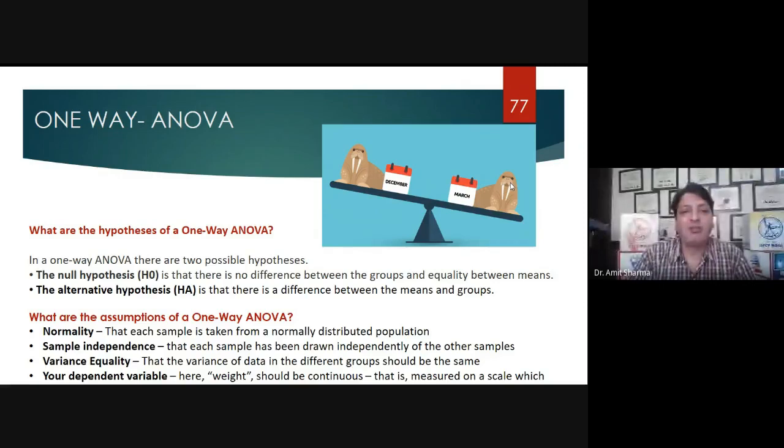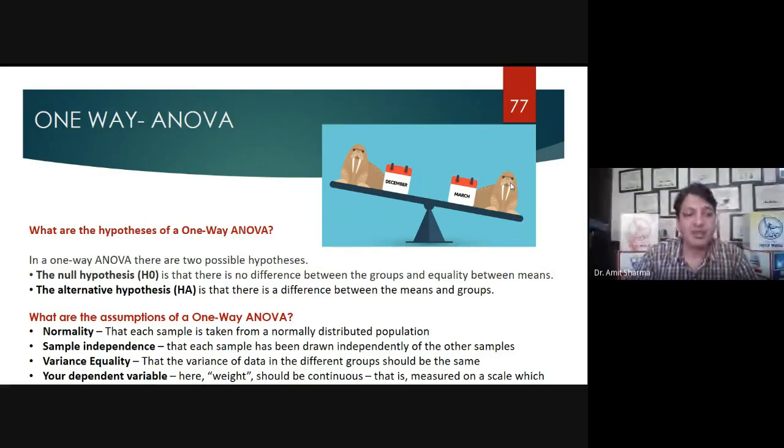You have to calculate the mean of each group, and by comparing the means you can find out which method of teaching is best, either through the Blackboard, or online, or by any other method, which is group C, the third group. So these are the hypotheses. The null hypothesis says that there is no difference between the groups, and the alternative hypothesis says that there is at least one difference in the groups.